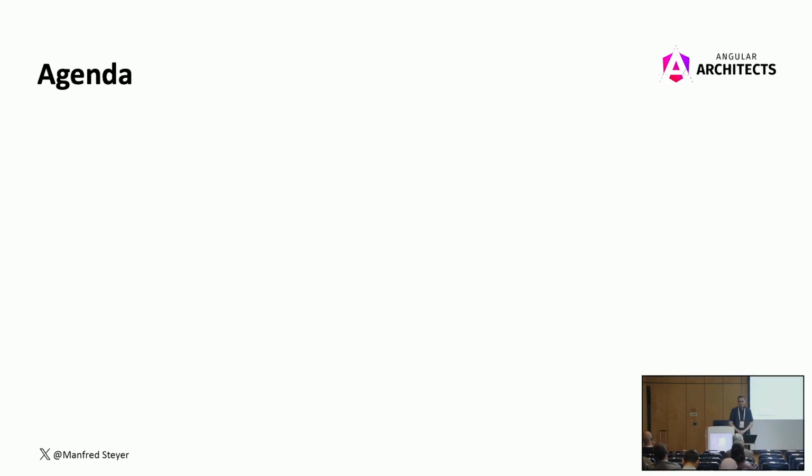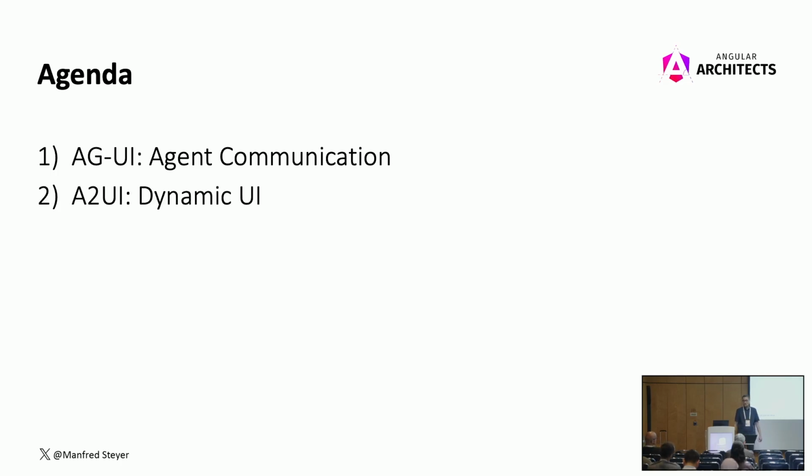I'm going to answer them, and for this I have just prepared 2 things for you. The first thing is about the communication with the agent. It's about AGUI, which is an emerging protocol that really solves exactly the question of how to communicate. And the second thing is A2UI. It sounds similar, but it is something completely different. It's a protocol for constructing dynamic UIs with your LLM.